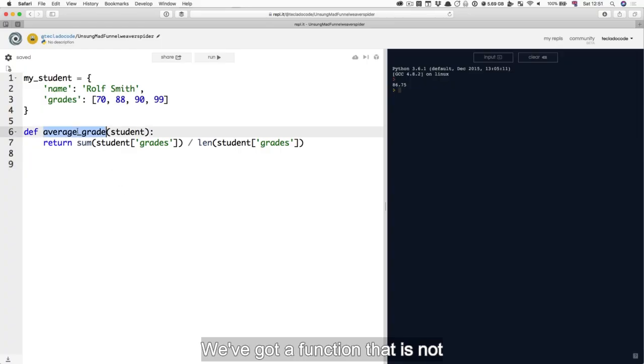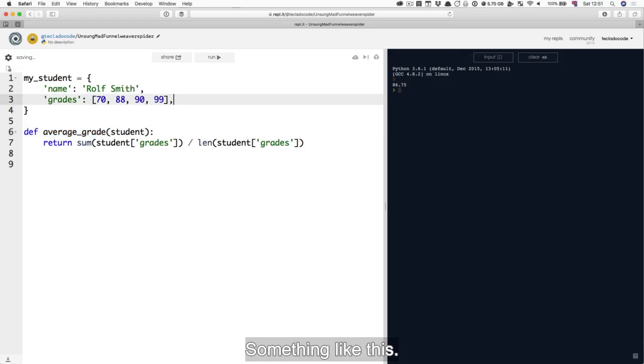We've got a function that is not living with this student, but is tightly coupled to that student, or to this dictionary structure. So it would be great if we could have our function living inside the dictionary, so that it lives in the same place as the data that it acts on. Something like this. Let's say we